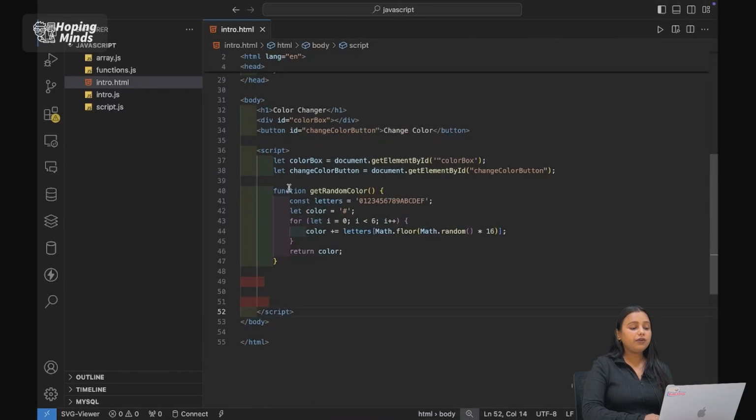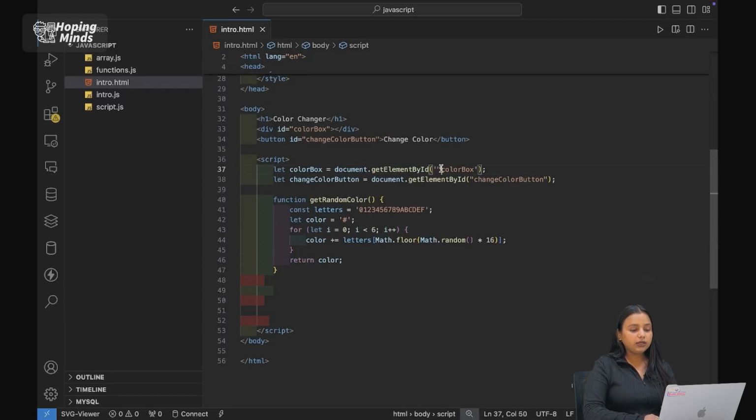Now that we have created this random function, we need to change the color of the box. For that we need to select this button first, because I want to add an event listener. Before moving on, let's see over here, there is a mistake.